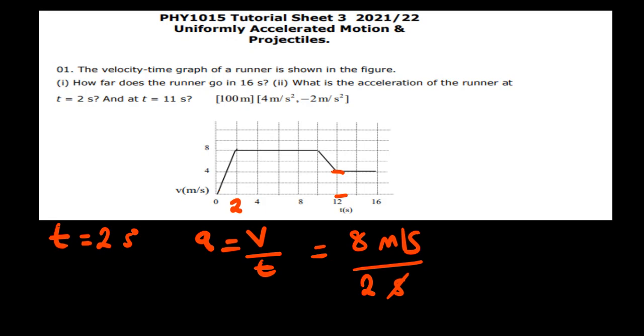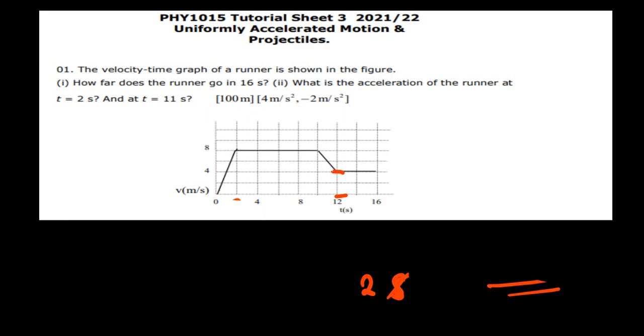Okay, so what are we going to have? 8 divided by 2, that is just 4. So this will be 4 meters per second squared, or 4 m/s². So that is the answer there. That's why you're able to see a 4 here, okay. So now the last question is,